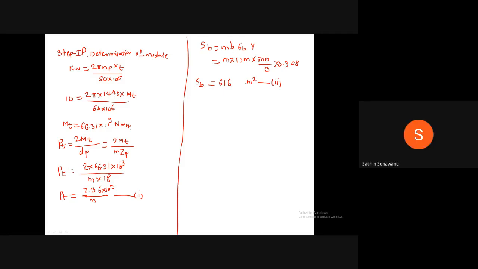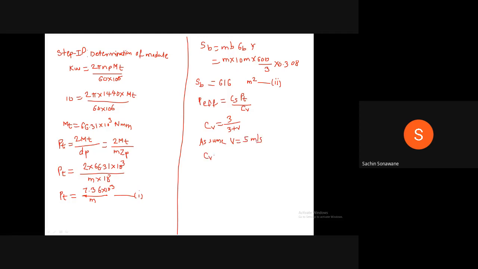Yes, sir. Now we will go to the next step. What is our next step? After SB, what we have to do? We have to calculate P effective, the effective load. P effective is equal to, what is the formula? CS PT upon CV. Now the value of CV we do not know. We will calculate that. CV is equal to 3 divided by 3 plus V. Now V they have not given. Therefore, we have to assume. Always remember, when they have not given, we have to assume V is equal to 5 meter per second.